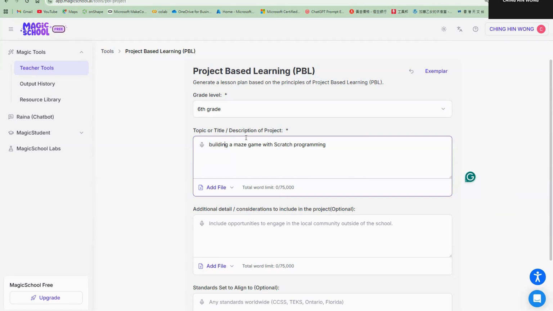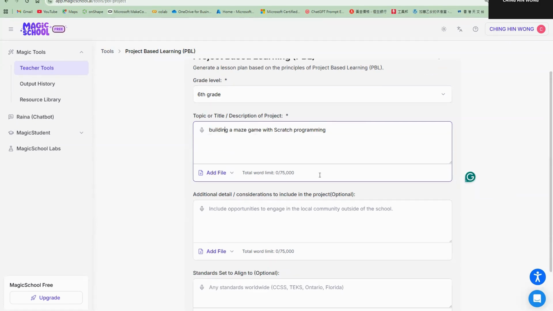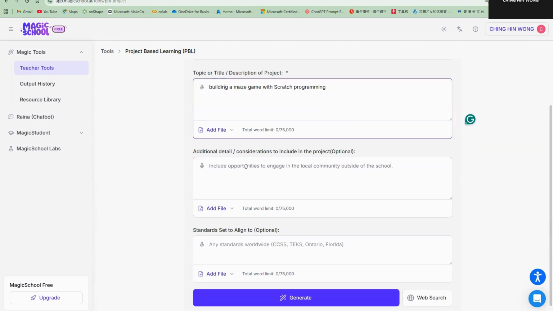Okay, after I put in a title, we can put in the details of the group project. For example, I would like my students to be familiar with the concept of variables in Scratch programming. So I would tell my students